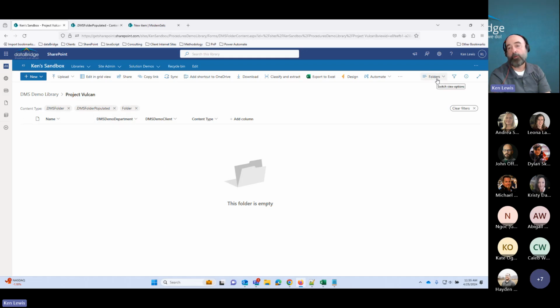stayed in that folder's view, which means if I have additional metadata that I want displayed only when the documents themselves are displayed, the users have to get trained that they go into the folder and then they adjust the view, or your base view has to have all those columns already visible in it, which can mean at the folder level, at the root of your library, it can be very messy visually, very difficult for people to work